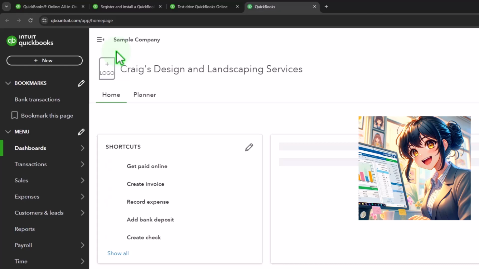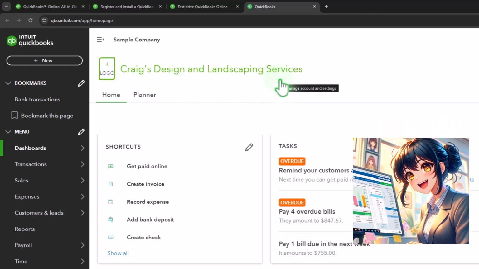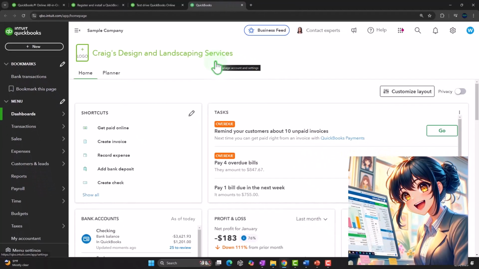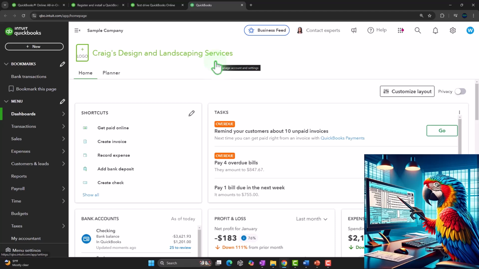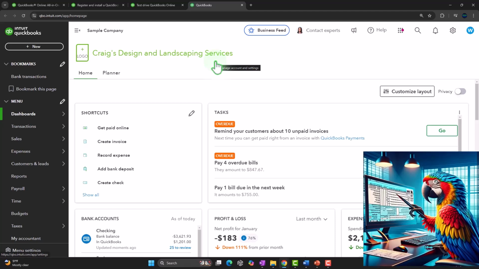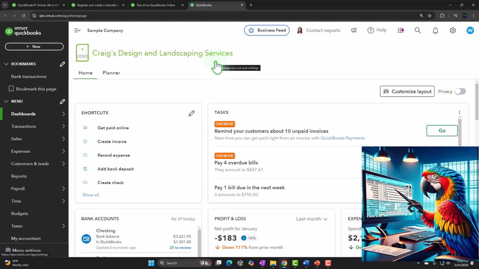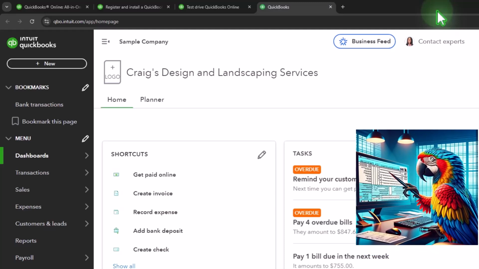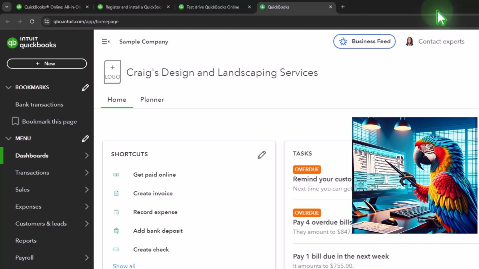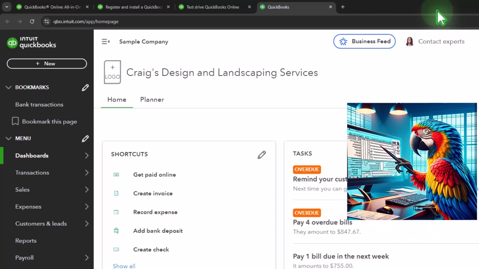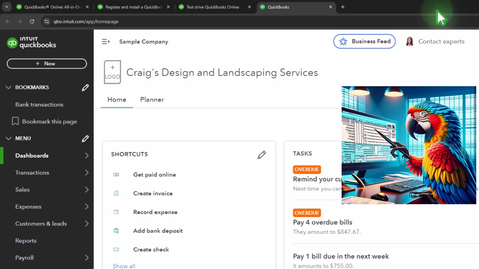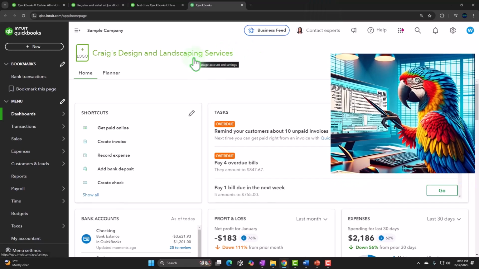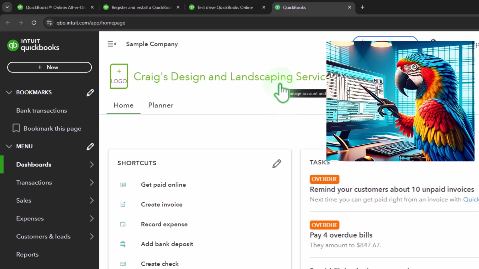And the test drive file is a sample company, Craig's Design and Landscaping. Now, the thing that's a little wonky, a little weird with this test drive is that you're not signed in. I didn't have to sign in to get into the test drive, which I think means that Intuit basically sees me as being signed in using my browser as the sample company sign in or log in. The problem with that is maybe I want to be in my company file or my practice company file that I've set up with a free 30-day trial or something like that as I'm practicing it, and be logged into the sample company file. That could be a problem if you're in the same browser and you need 2 separate